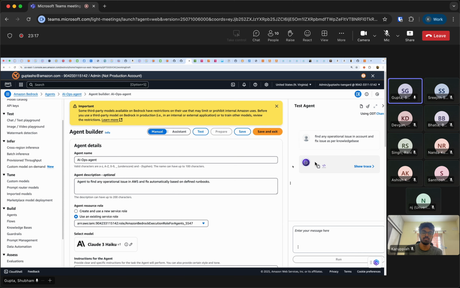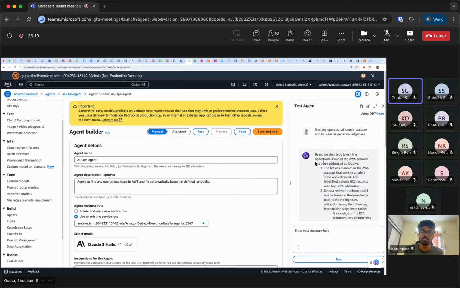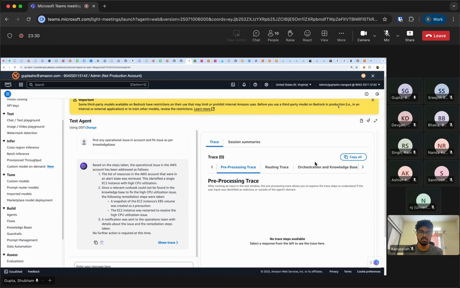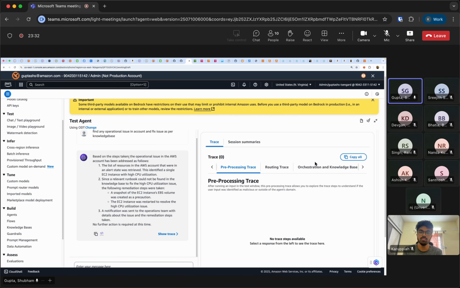So what it is doing behind the scenes is, okay, it has already taken this step. So this is the response it generates. Let me expand it a little bit. Based on the steps taken, the operational issue in the account has been addressed as follows. The list of resources in the AWS account that were in an alert state was retrieved.